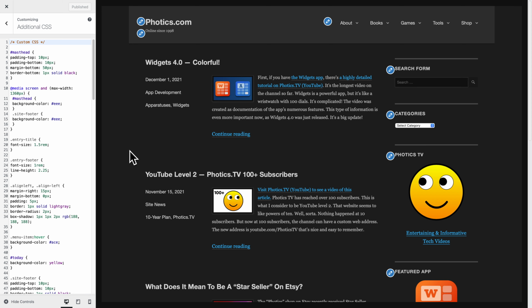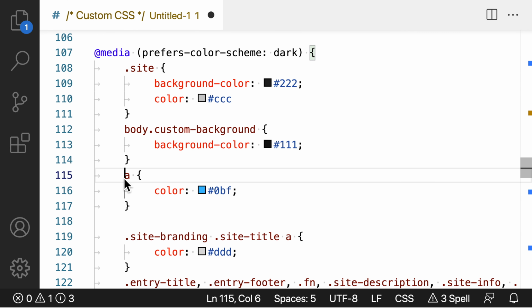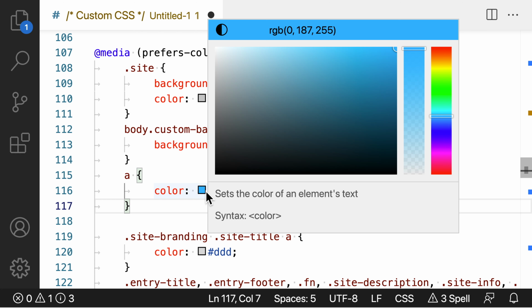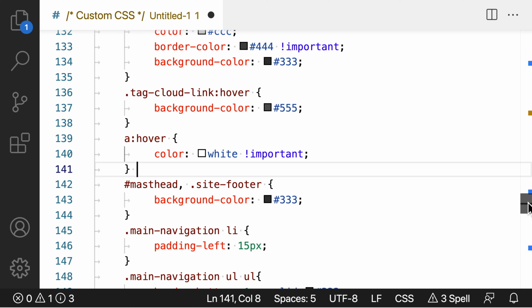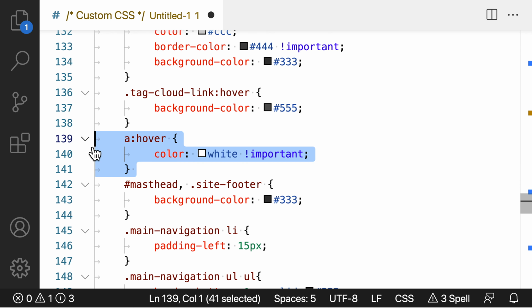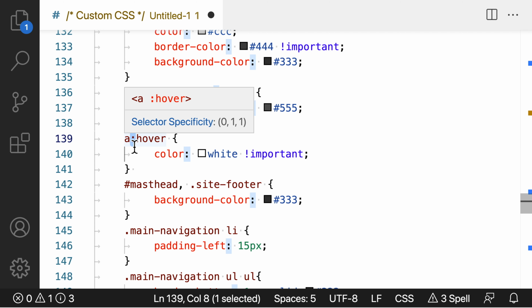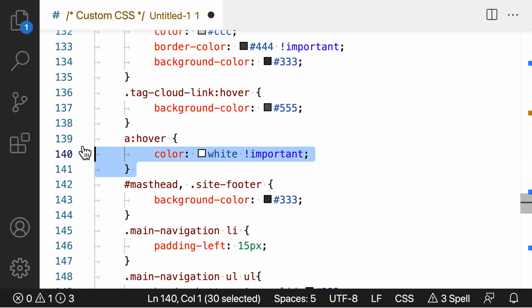It teaches the basics. First, this involves learning about selectors. As an example, you can target an element type. Here I'm telling all of the hyperlinks to have a specific color. Then, over here, I'm using what is known as a pseudo class, which is represented by the colon. I'm changing the font coloring if the cursor hovers over a hyperlink. That sounds technical and looks technical, but it's not too bad once you're familiar with CSS.